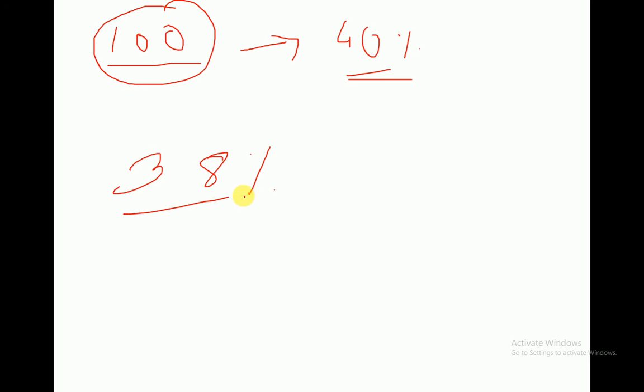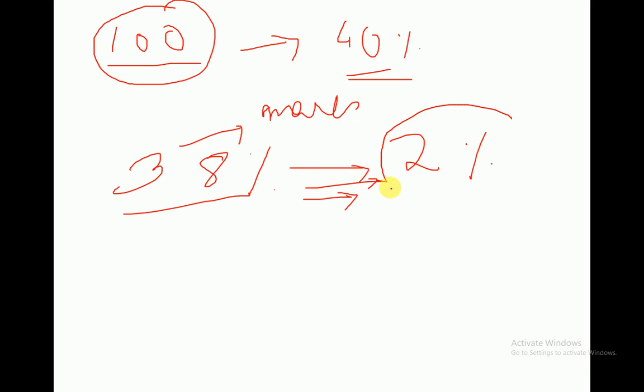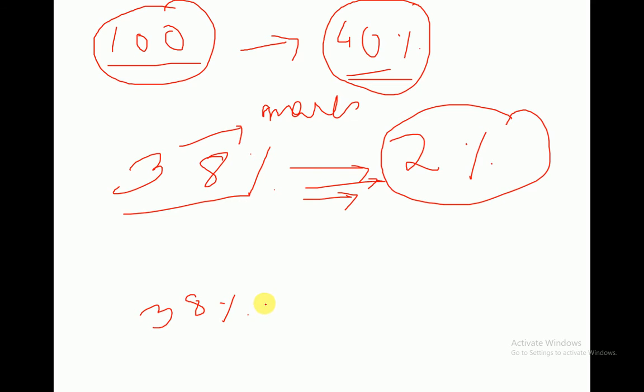So if you get 38% of marks, then automatically you failed the examination by 2% of marks. In order to get 40% marks, what you got is 38%, so to pass, you have to get 2% of marks more. This is the concept.